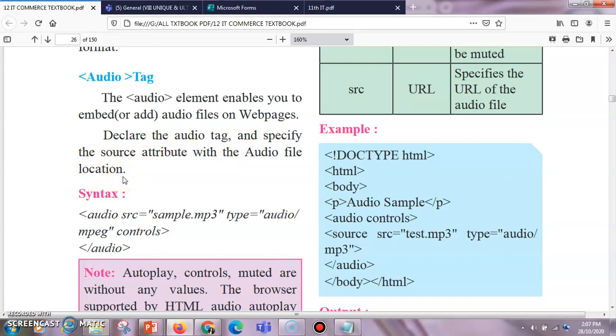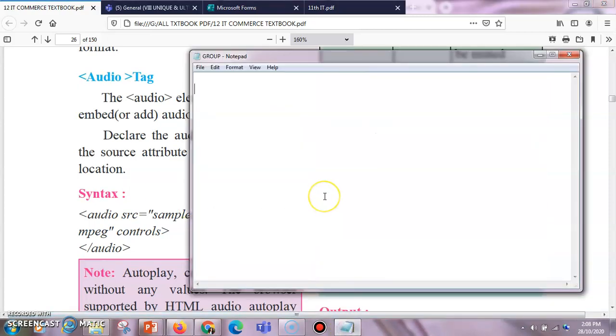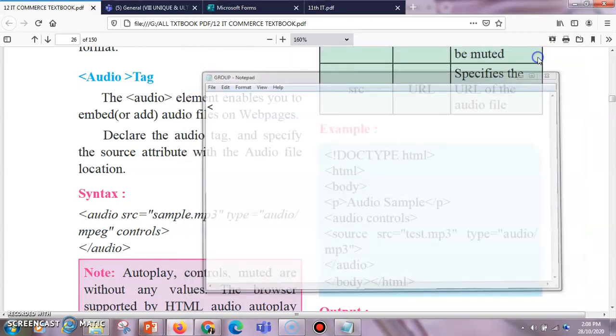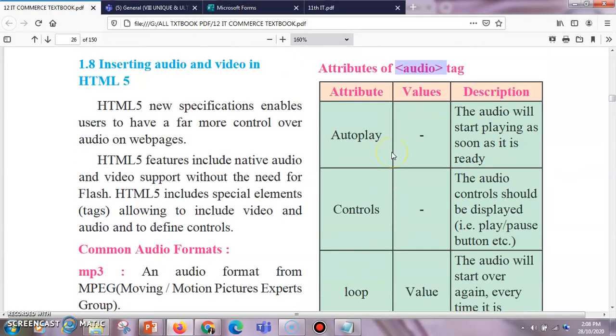First of all you require some audio file on your PC or laptop, whichever you have, and by that you can mention that audio file by giving its source. Let us do a practical demo for it, but before that we'll see some attributes of the audio tag.